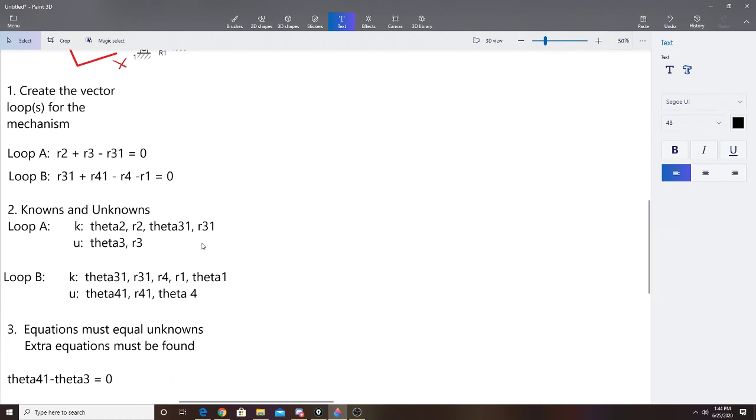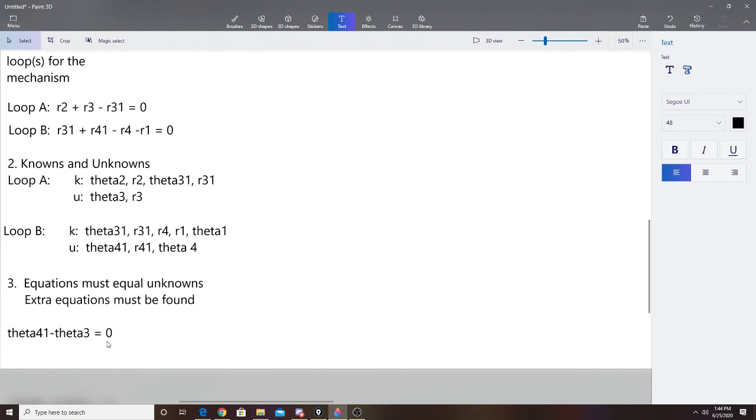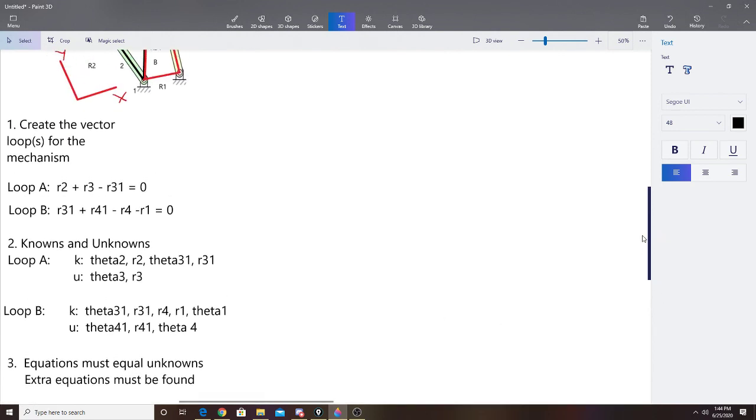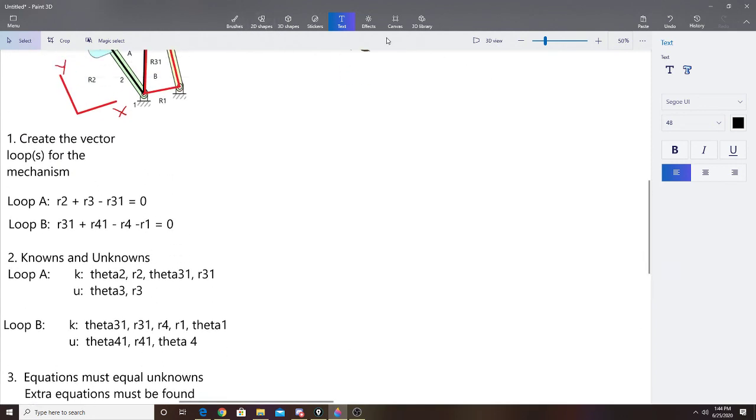So, right now we have unknowns, that's 2. And we have 3 right here is 5. From these 2 vector loops, we got 2 equations, and then 1 right here is the 5th one. So we now have an equal number of equations and unknowns, right? So perfect. That means you can move on to the last step, which is essentially start solving the question, right? So step 4,